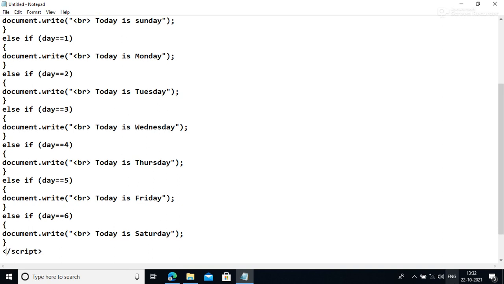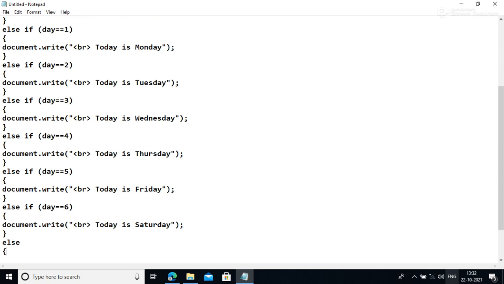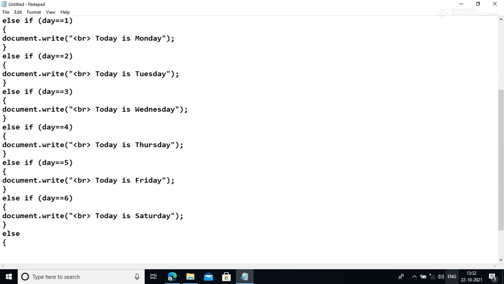And after that, if you have done, the last statement is else, and print the statement here: document.write "Invalid input", BR.